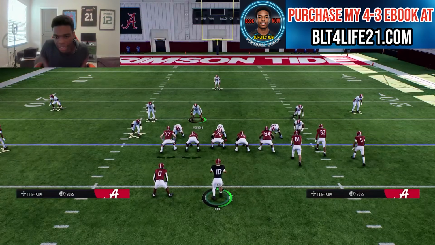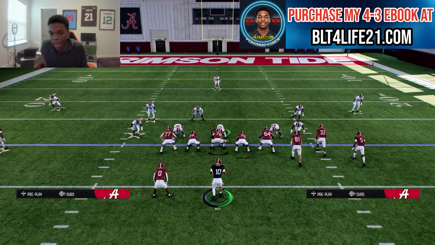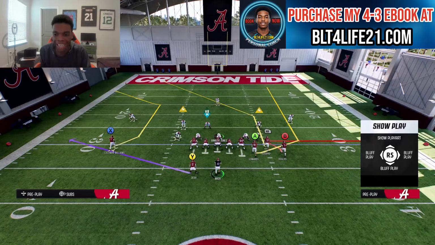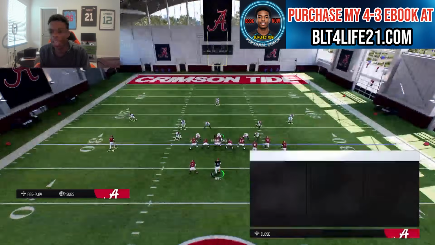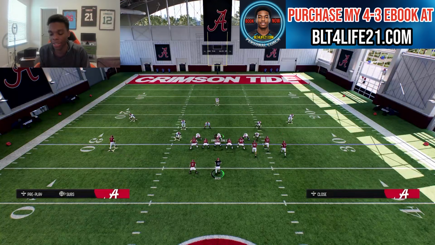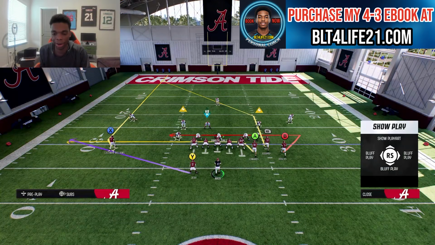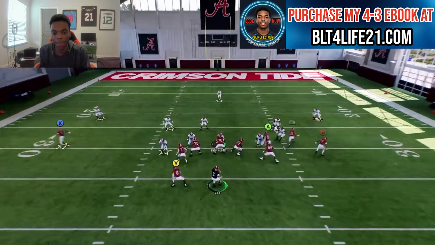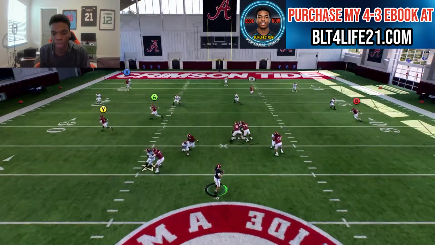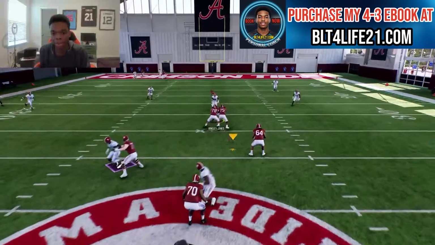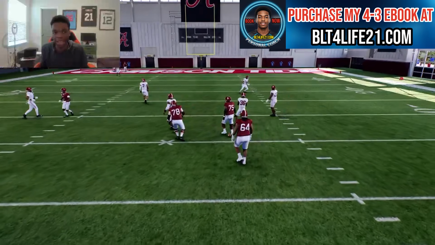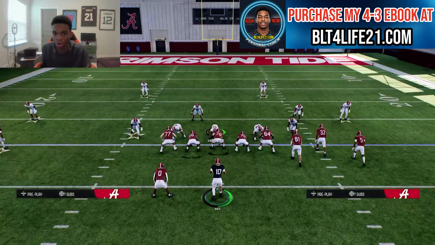Alright, so again, this is another tip here that doesn't matter the play that you're calling, the team, the formation, the playbook, nothing matters. Anytime you're passing the ball, you need to make sure you're having a good pocket. So, again, I'm going to call a really good route concept here that is pretty much going to guarantee I have someone open, but if I drift too far back in the pocket, now when I go to throw that pass to the RB, it's going to be an incomplete pass,